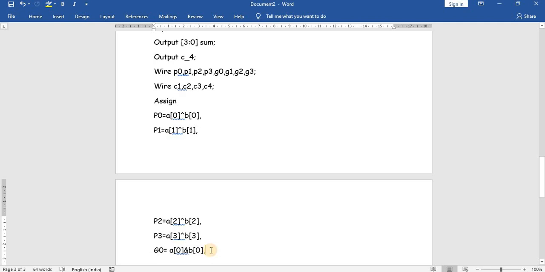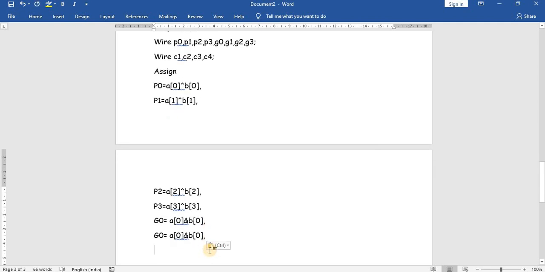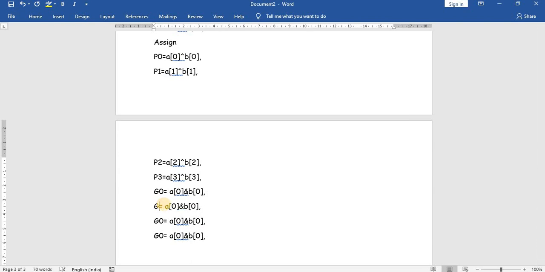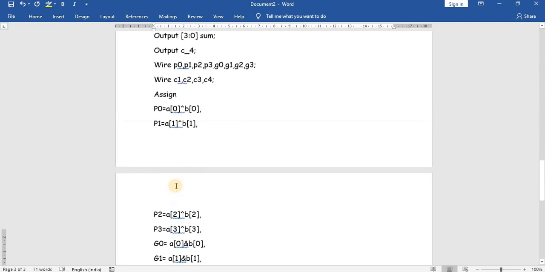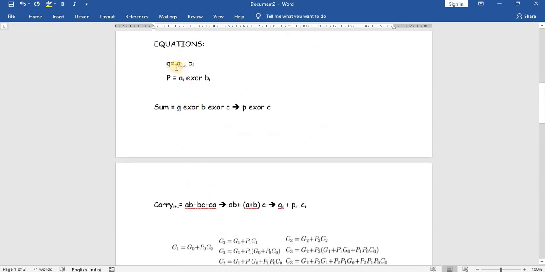G1 is equal to A of 1 and B of 1, and likewise G2 and G3. So now we know the propagate terms and generate terms have been initiated.